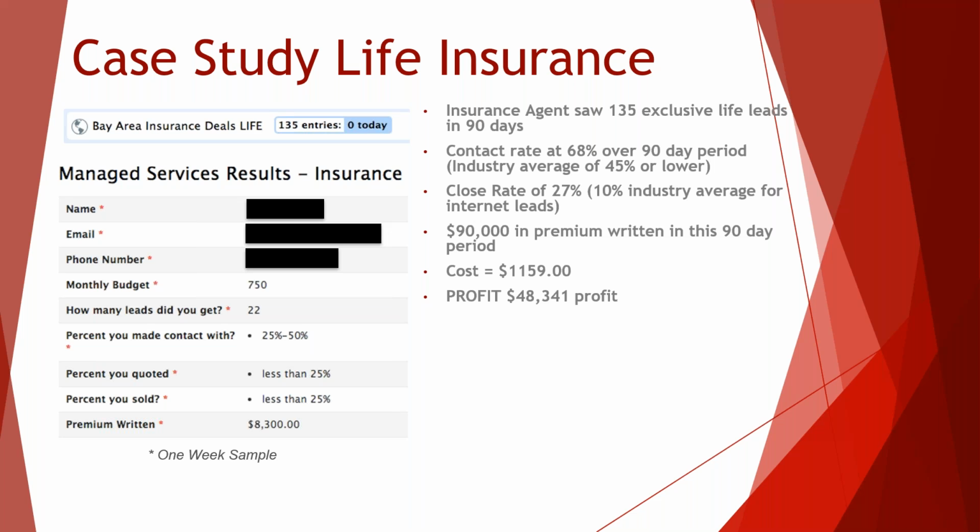So we stopped generating leads in areas that he wasn't having good success with, and doubled down on the areas that he was, the zip codes that were most successful, the age demos and the gender demos where he was doing most of his closing, and we were able to get a 30% better close rate the second time around.